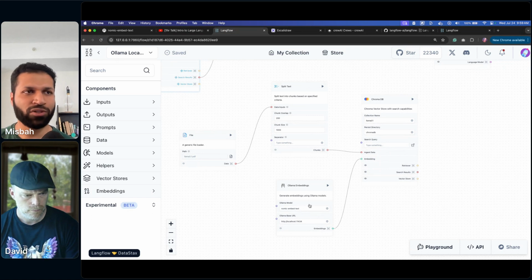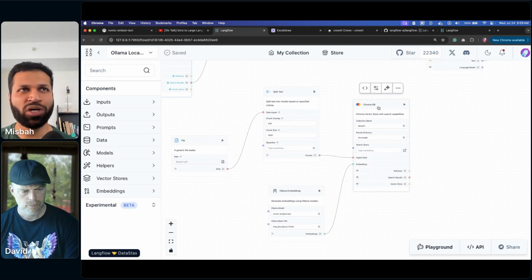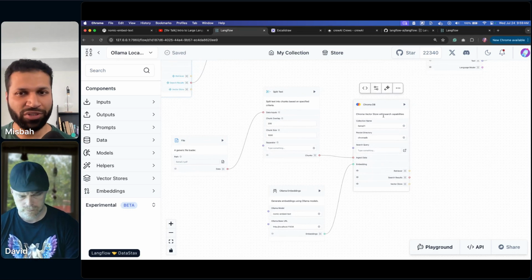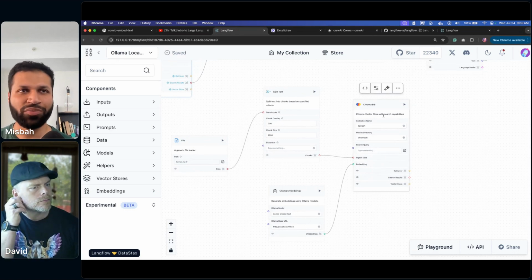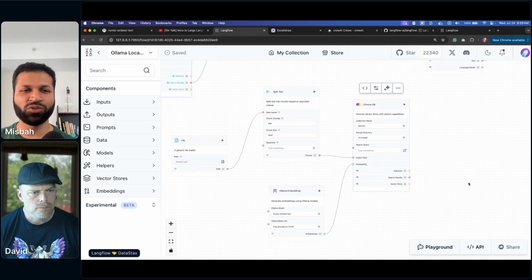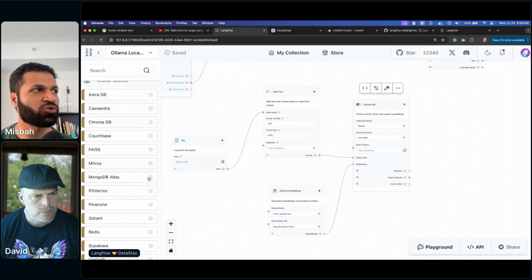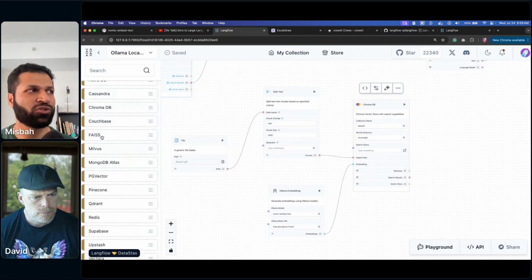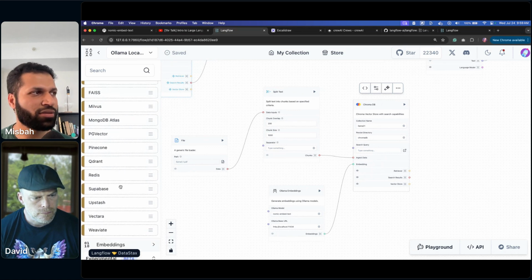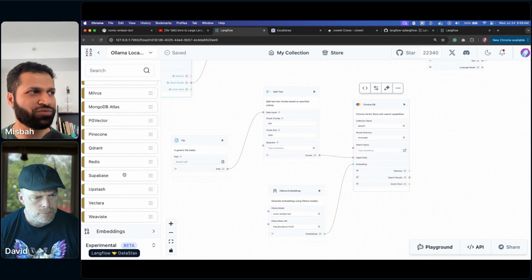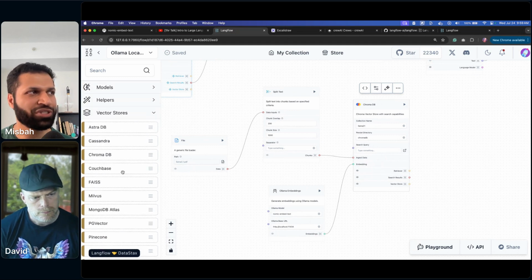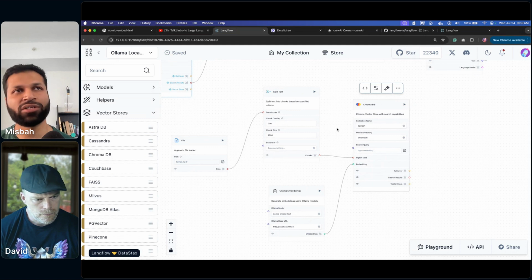So the way it was, it's still not auto-populated, so we just have to type in. And then I replaced or swapped the AstraDB with ChromaDB. ChromaDB is a local database which runs completely local, so all of your data, again, stays local, and you can find it under vector stores. There are a few different options. There's also FAISS, which runs locally. There is Qdrant, which also has a local version, and ChromaDB is the one that we use, that runs entirely